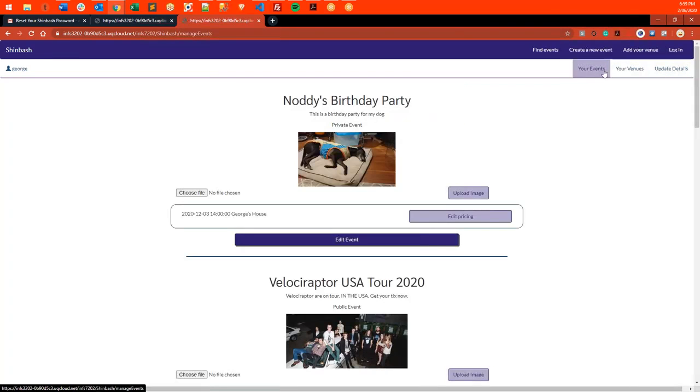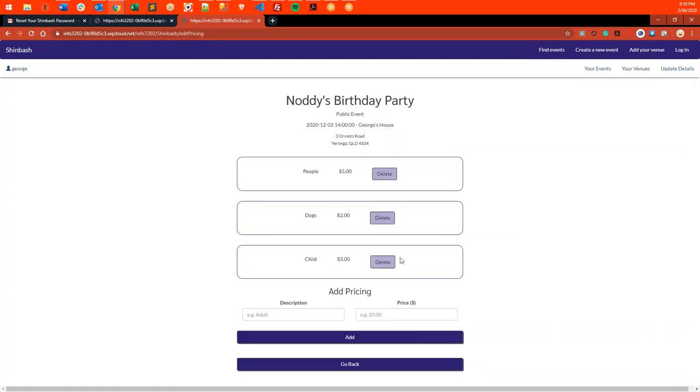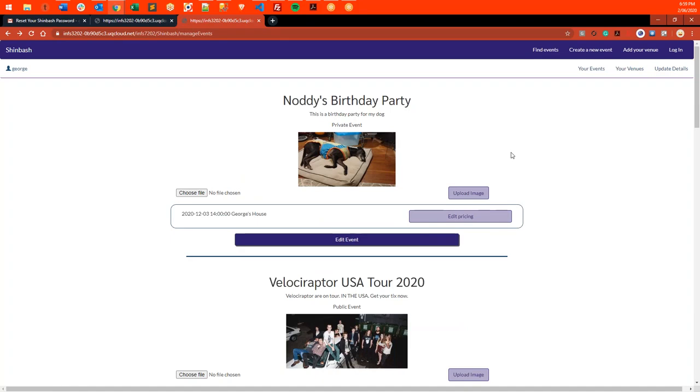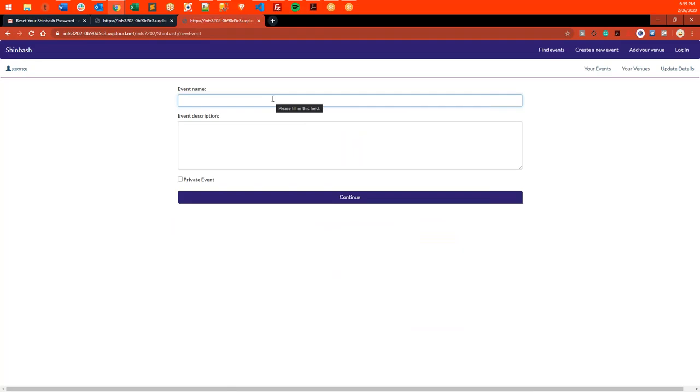here I can add events. I can change the images or change the pricing associated with my event. So if I say, oh well, let's get rid of the child price type, there's AJAX calls that power all this stuff. And I can go back. I'll just quickly go through the process of creating a new event. If I go to INFS 3202 end of semester party,